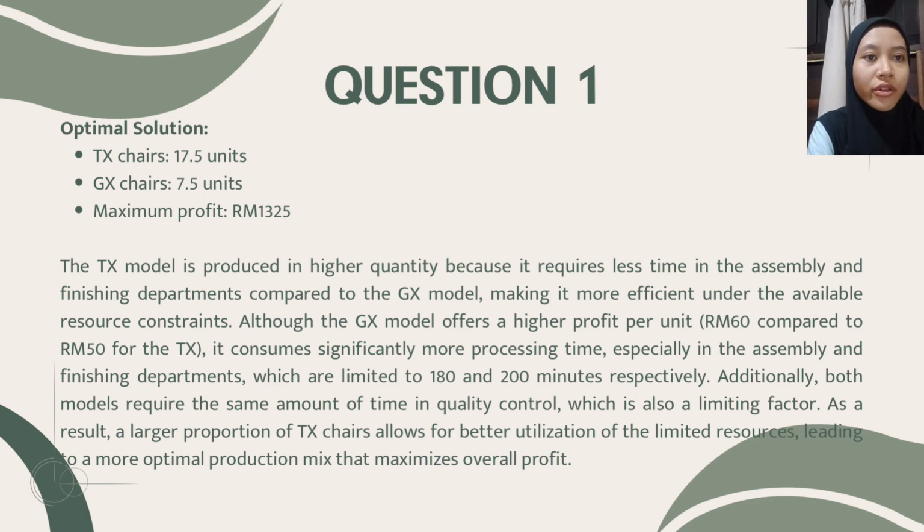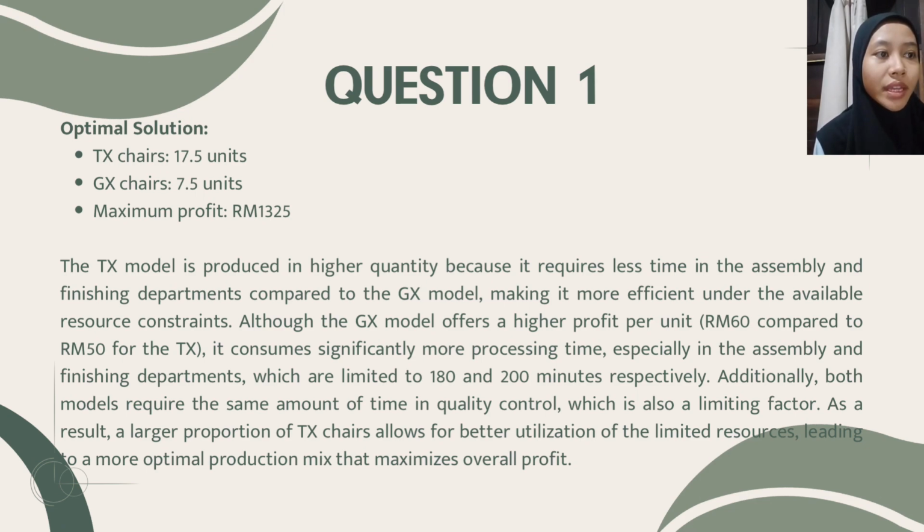So, I can conclude that the optimal solution for TX chess is 17.5 units, the GX chess is 7.5 units, and the maximum profit for this question is 1,325 ringgit. So, I can compare each model, which is the TX model is produced in higher quantity because it